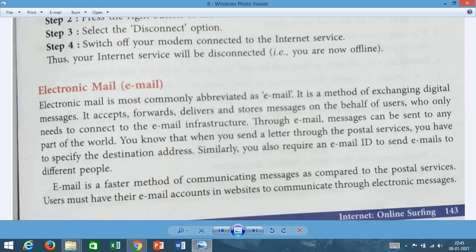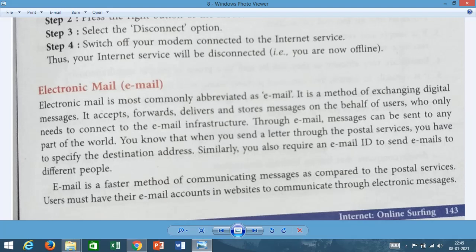Messages were transferred physically in those days when we were using postal services. Through email, messages can be sent to any part of the world. You know that when you send a letter through postal services, you have to specify the destination address.